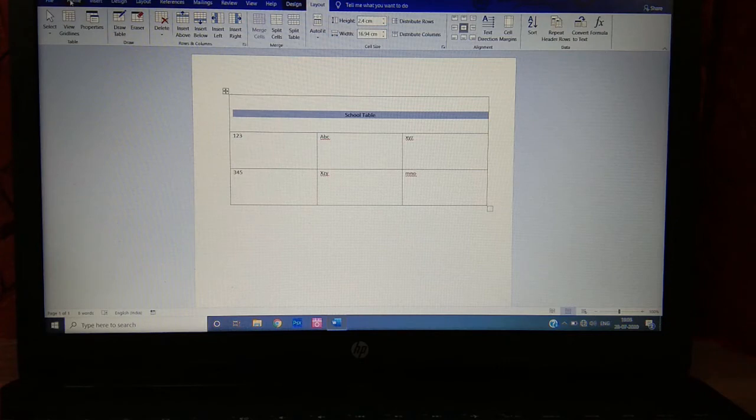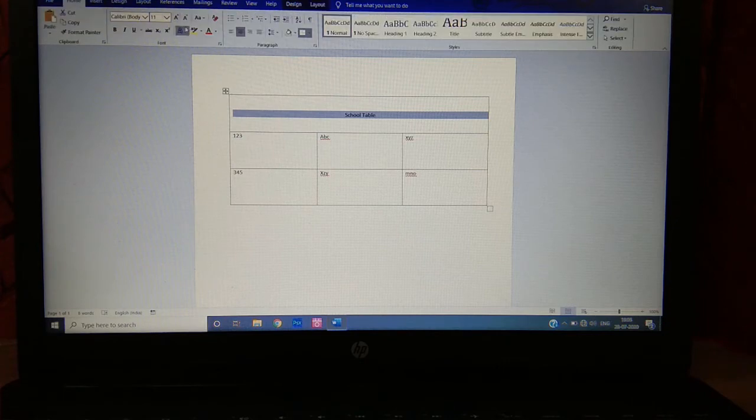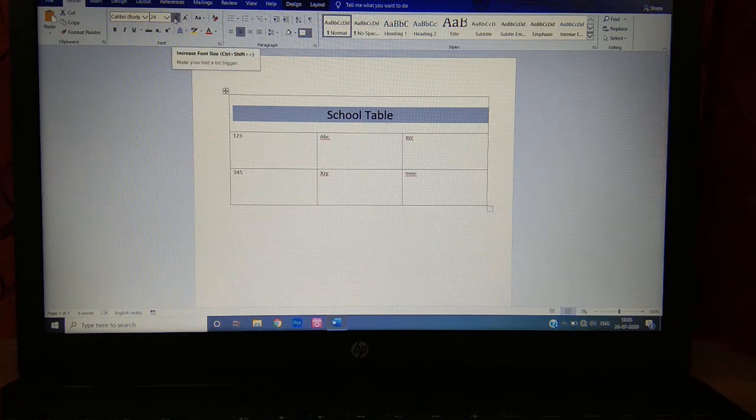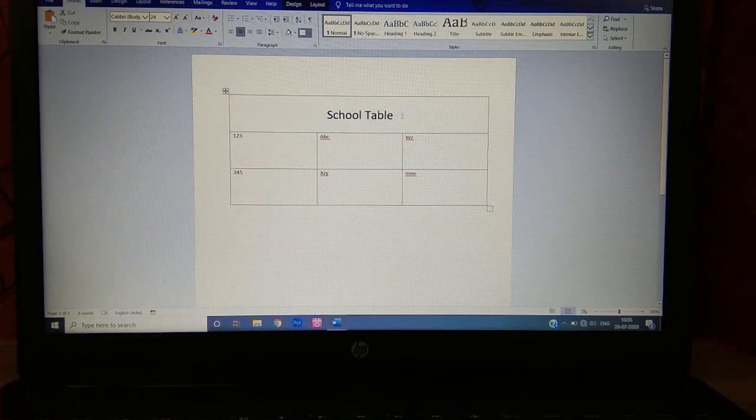The school table will be in the center. If we want to increase the font size, then we will just go to the home tab and click on this increase font size option. Okay, so you have already learned how to merge cells in MS Word.